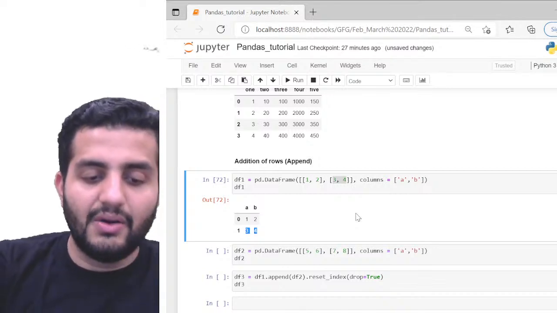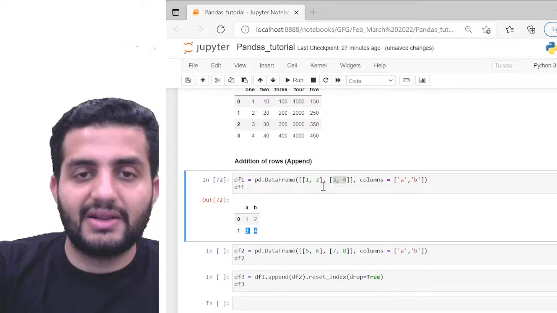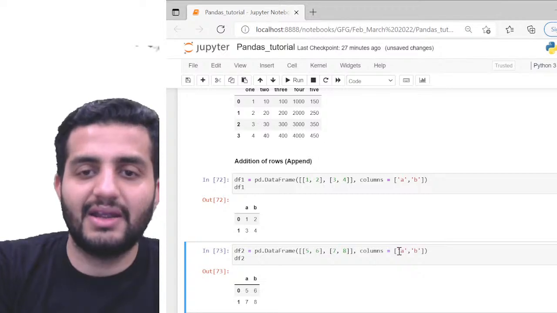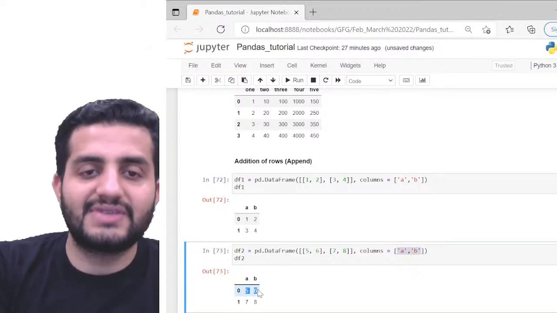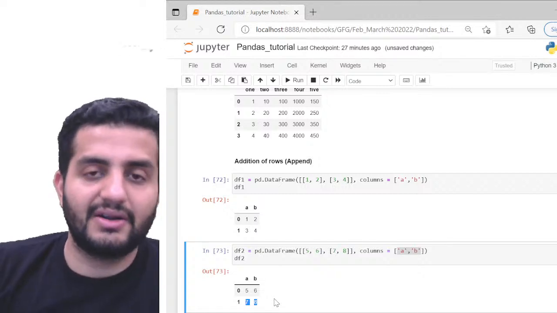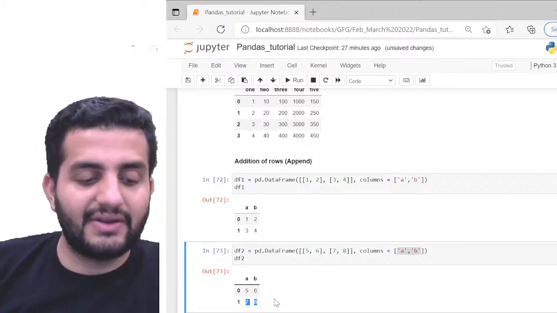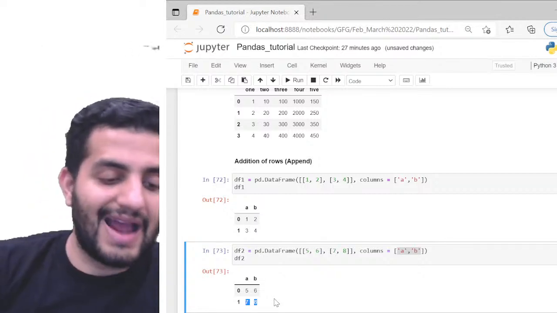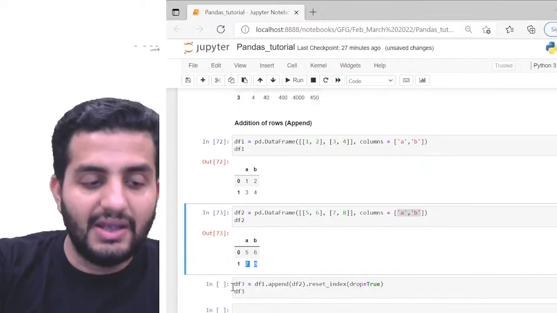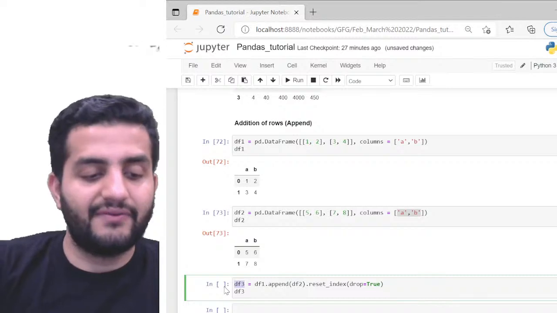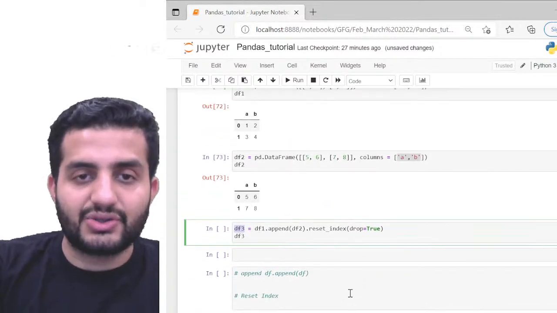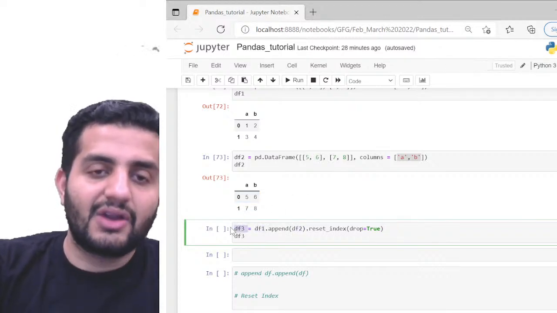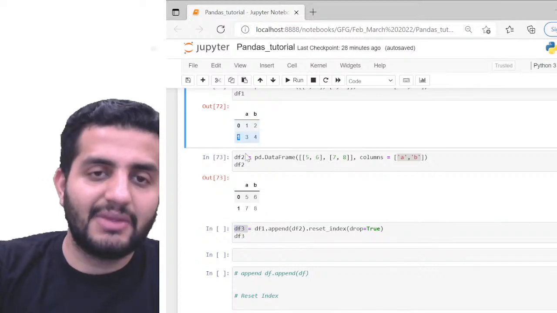Now I'm creating another data frame, df2. In DataFrame 2, I'm using the same headers A and B, and I'm passing the data 5, 6, 7 and 8. So I'm passing 4 different elements here: different data, but the column headers are the same. Now what I want to do is create a new data frame, df3, where df2 is appended on top of my df1. In this df3, I'll be having 4 indexes here.